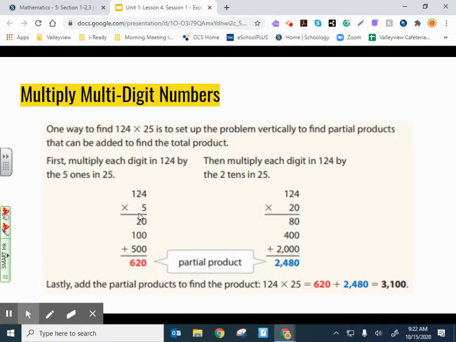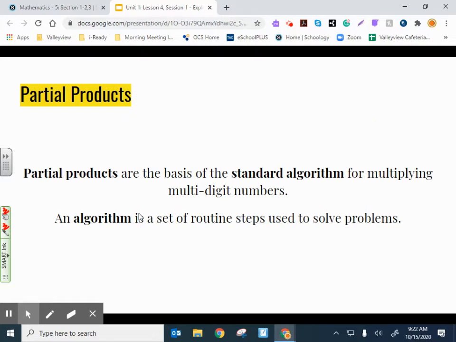All right, partial products are the basis of this thing called the standard algorithm for multiplying multi-digit numbers. An algorithm is a set routine or steps used to solve problems. In the case of this problem, of course, the standard algorithm is where we set it up just like this,